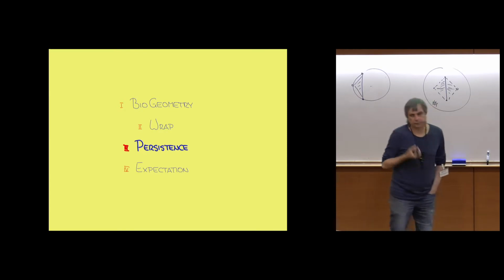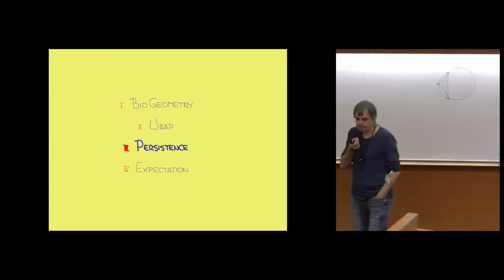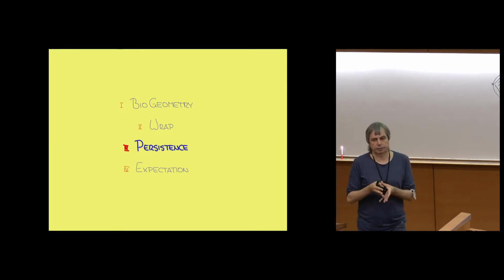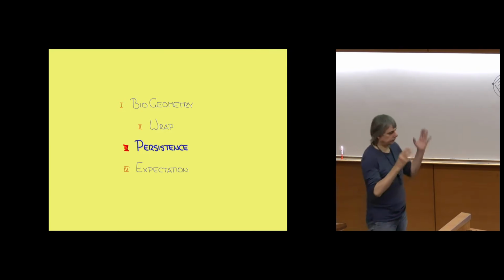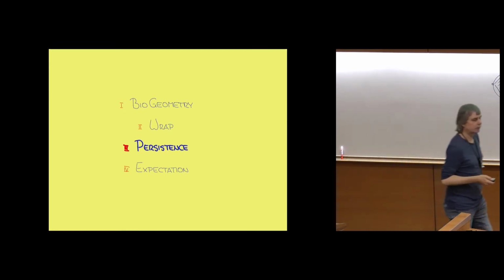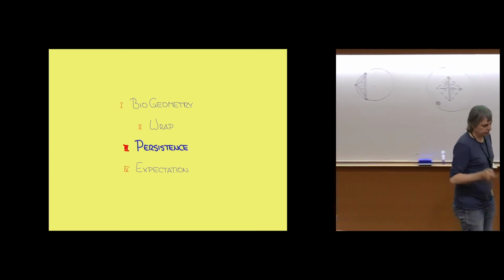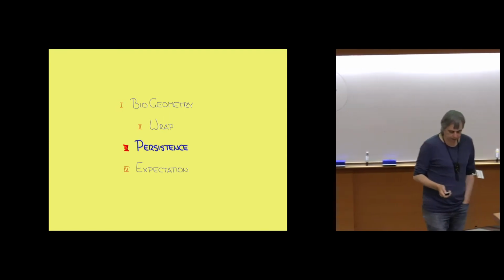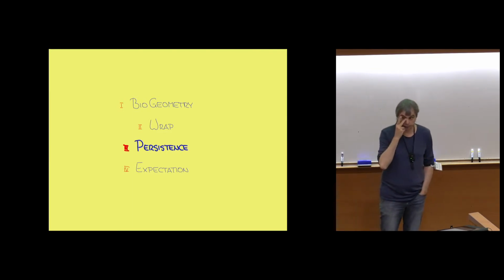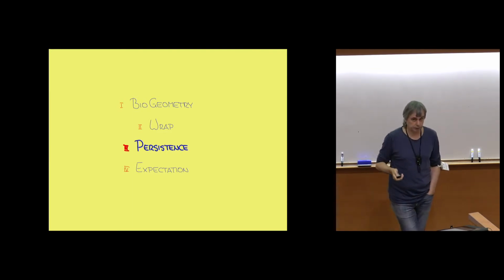Persistence is this idea that we should also quantify the topological features of shapes. Somehow this led to a completely different story. It made me occupy the last 10 years and learn topology. It became its own field called topological data analysis. It has been used in high dimensions also, but I just talk about 3 dimensions. And I would like to emphasize some of the way persistence fits with wrap and with alpha shapes to make one theory.